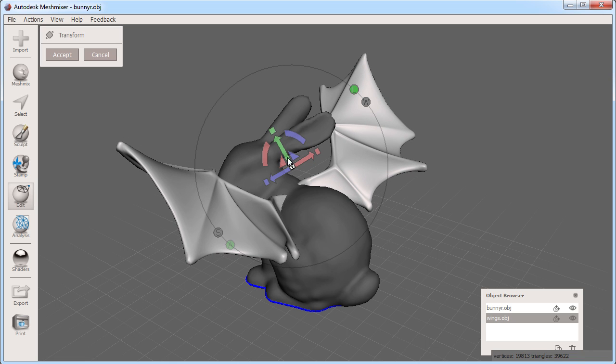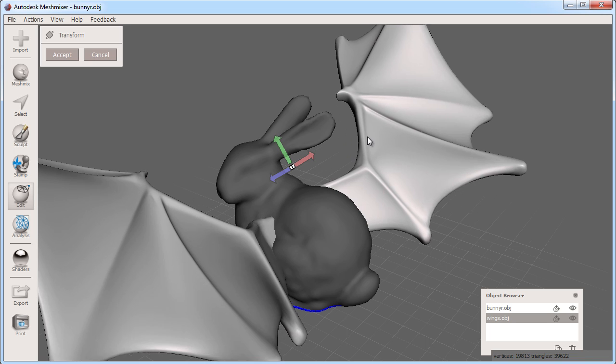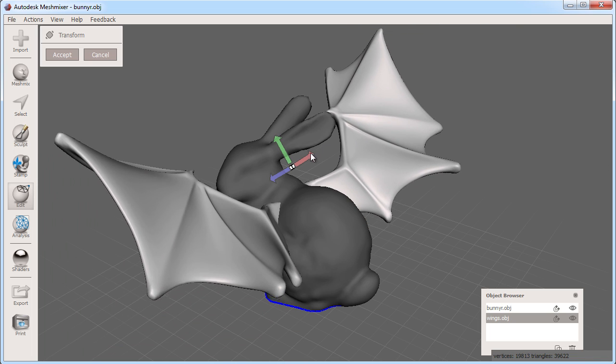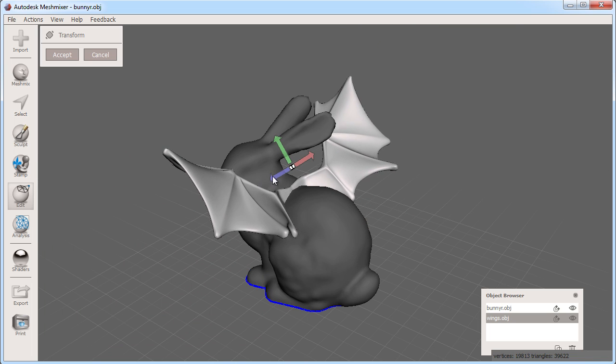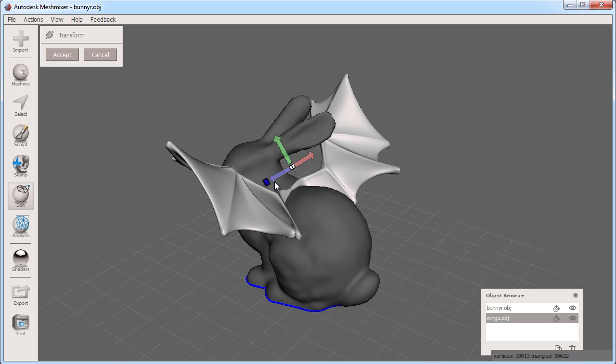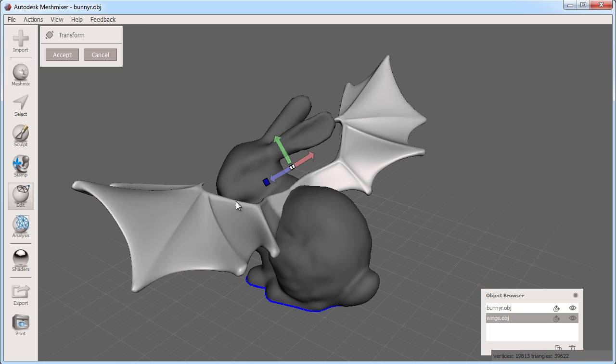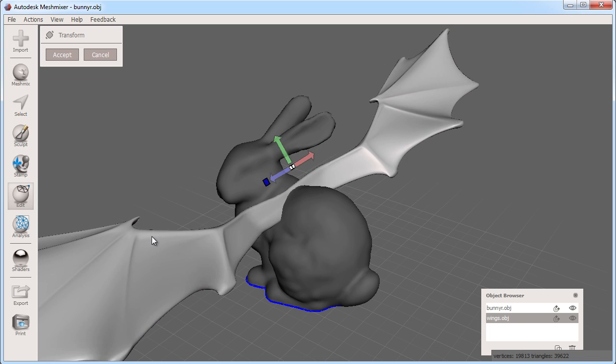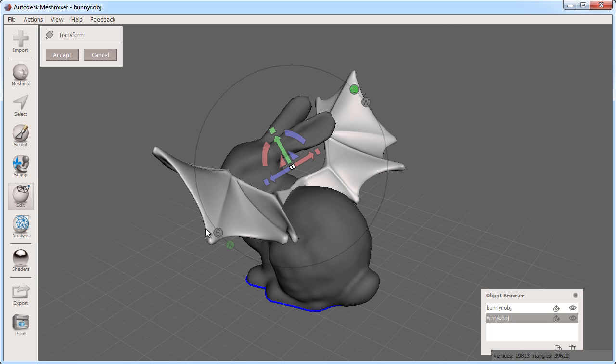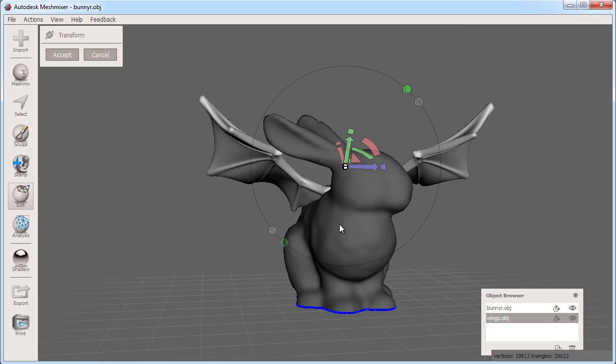I can also use the manipulator to scale the object uniformly or non-uniformly. Click-drag the white square in the center of the manipulator to scale the object uniformly, making it larger or smaller. You can squash the object by using the non-uniform scaling handles for each axis. It is the square at the end of each arrow. I'll undo that with Ctrl-Z and scale the wings so that they are a smaller set of wings for this